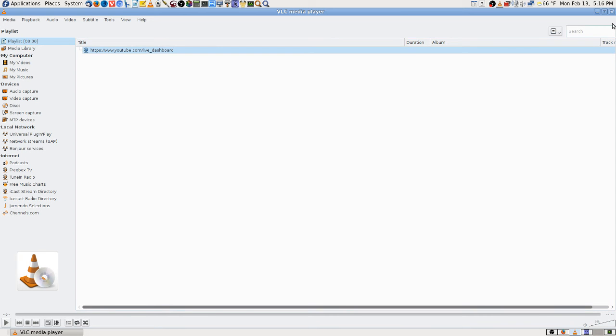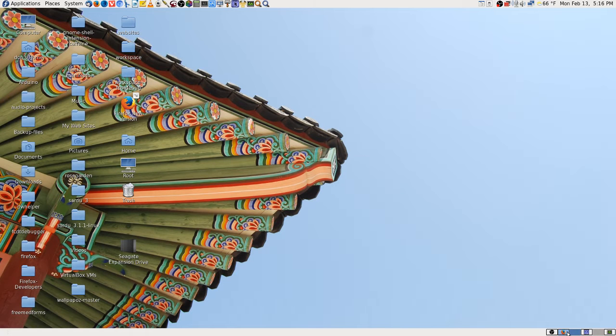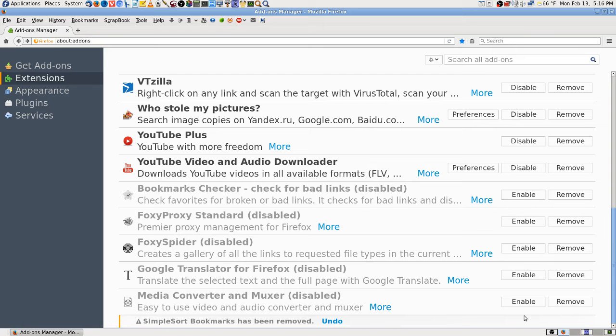Oh yeah, I had tried to use that YouTube dashboard. I don't need that open anymore. It didn't work. I had thought about trying to see if there was a way to get a link off that page to use it in VLC, but I don't really see anything other than